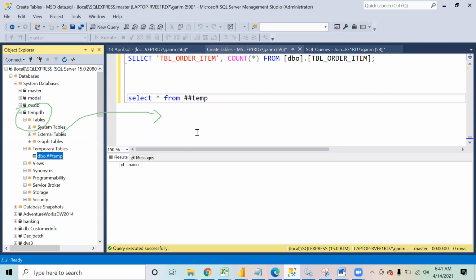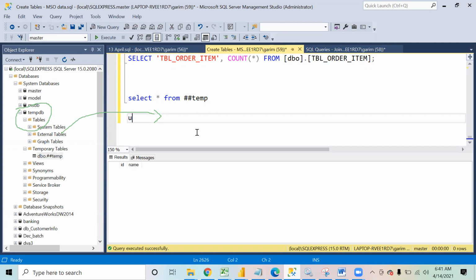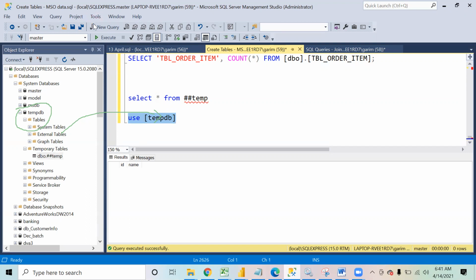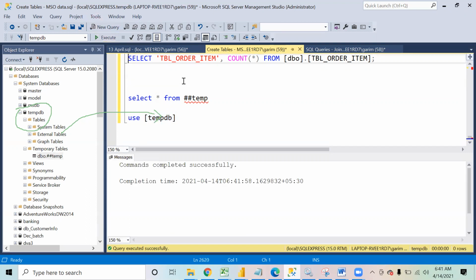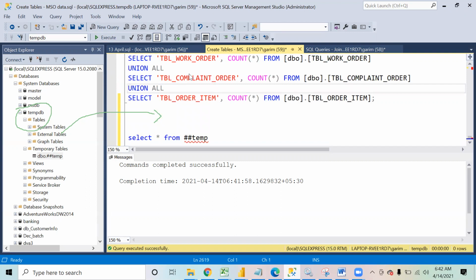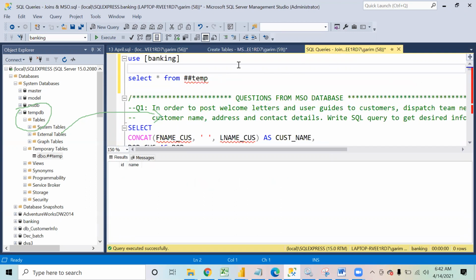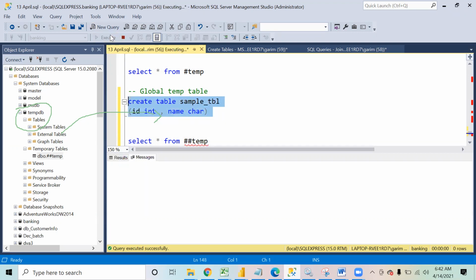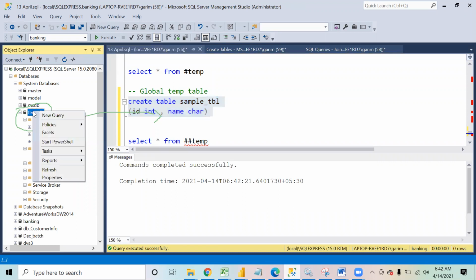So for example, if I say use temp DB, right? Now I'm using temp DB. What I'll do now is, if I come over here, I create a table. Let me call it sample table. Right, now if I create this, this table is something that will be created under tables.